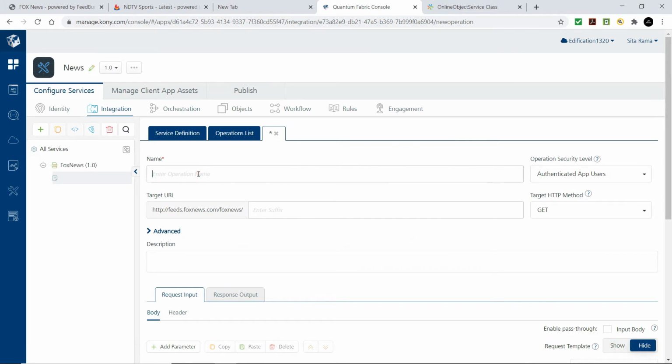Creating an operation under the Fox News service, defining news type as an input parameter for this news service.